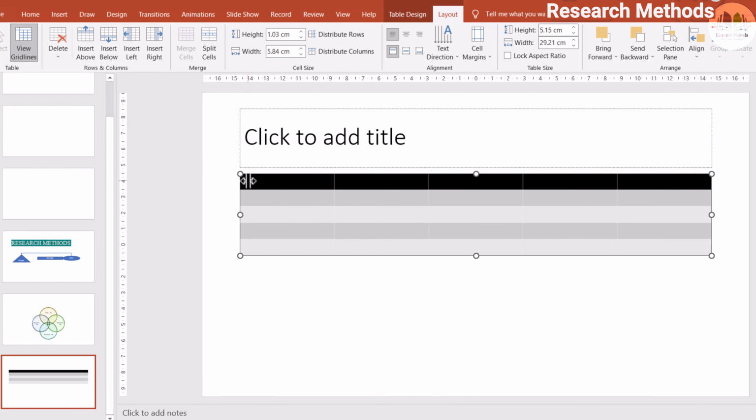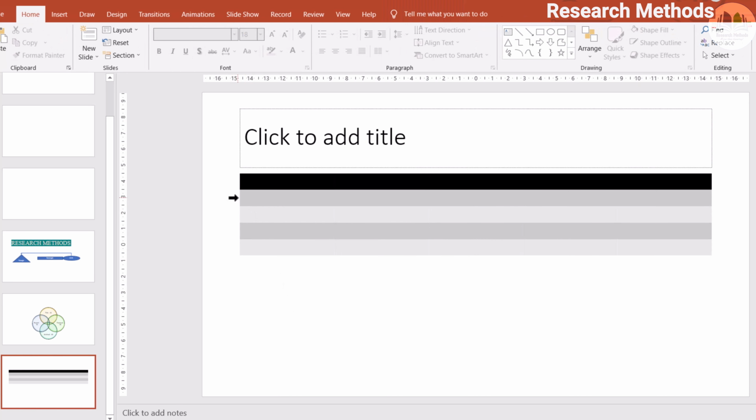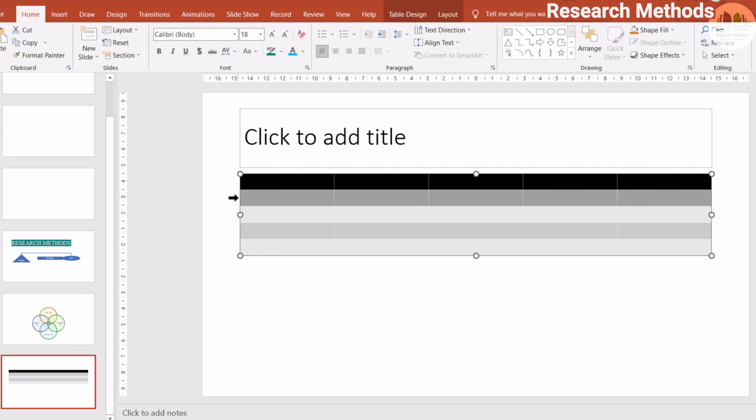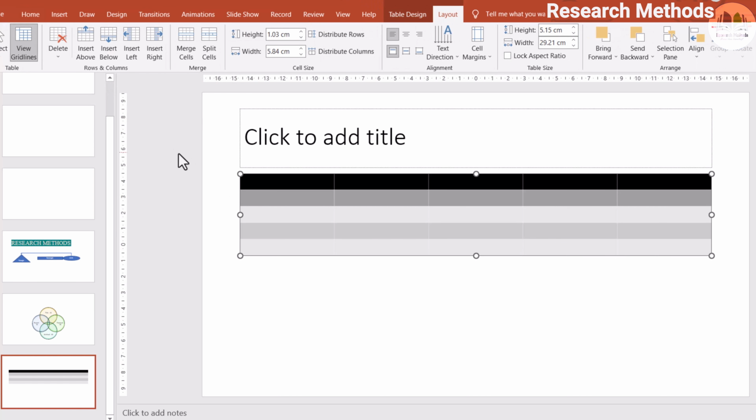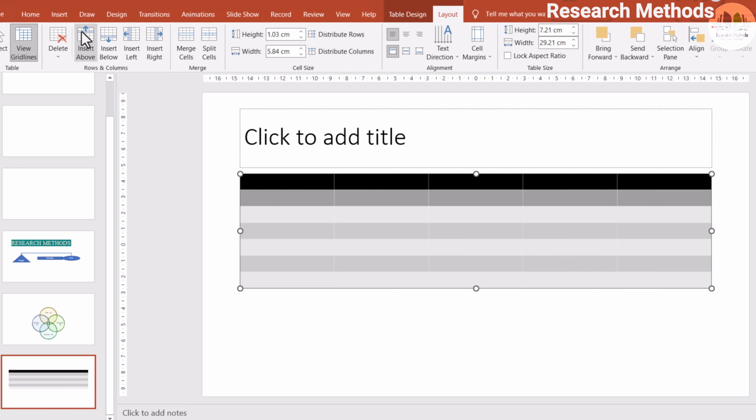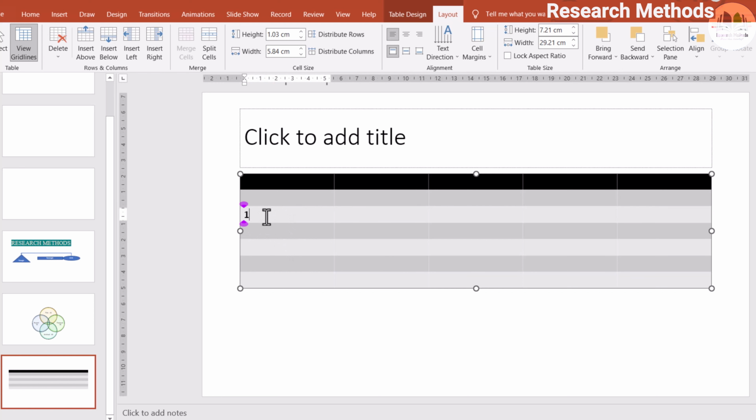For example, after selecting the row or the column, if you select this first row, how do you select the row? Just hover your mouse around the row and it will change into an arrow that points to the right, then press, so select it. After that, just go to layout, and if you want to add rows above, you can add here. Since we haven't written anything, it doesn't seem added already. But if there were writing above, for example,